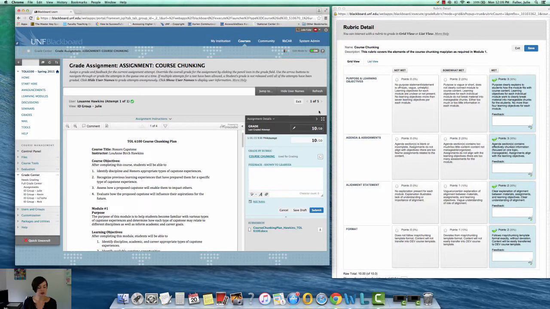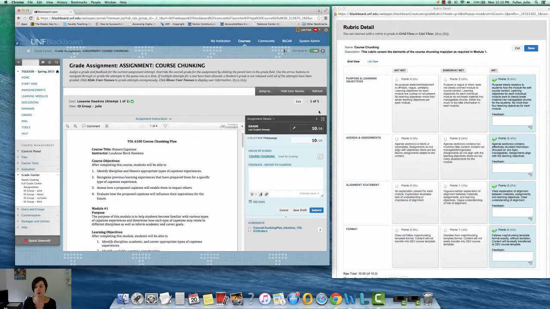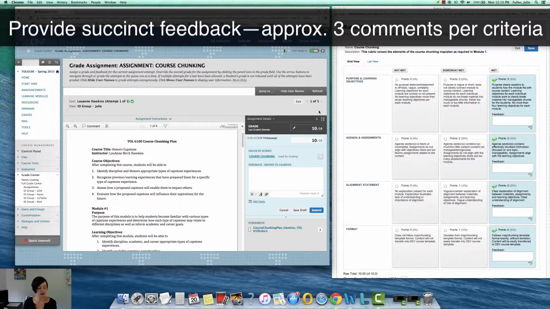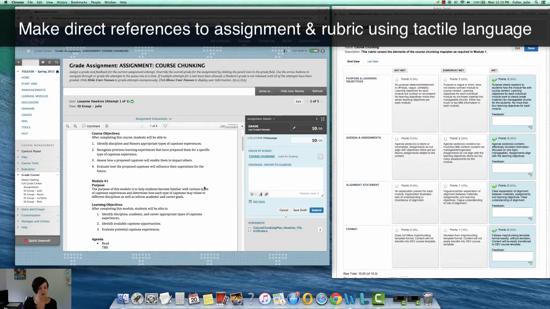So the first criteria I'm going to review from the rubric is the first row called Purpose and Learning Objectives, and on the rubric you fell into the third category from the left, the far right category, the MET category, and that's because I found that you clearly explain how the modules align with your course content. You were able to break your objectives into manageable chunks, and you also included objectives that are appropriate to your course. So your course was the Honors Capstone course, and if we look at page 1 of your assignment here